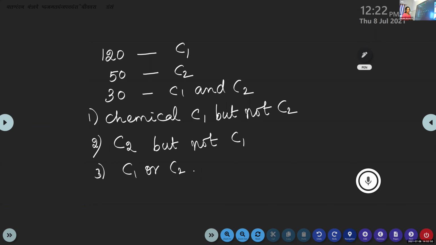Okay, when we convert this into set theory notations, tell me what are the things given here. Read the question, convert it to the set theory notation. We can use the same alphabets, C1, C2 itself, isn't it? In the question itself, it is given C1 and C2. Instead of taking A, B, we can take it as C1 and C2. Yes, what is the answer?